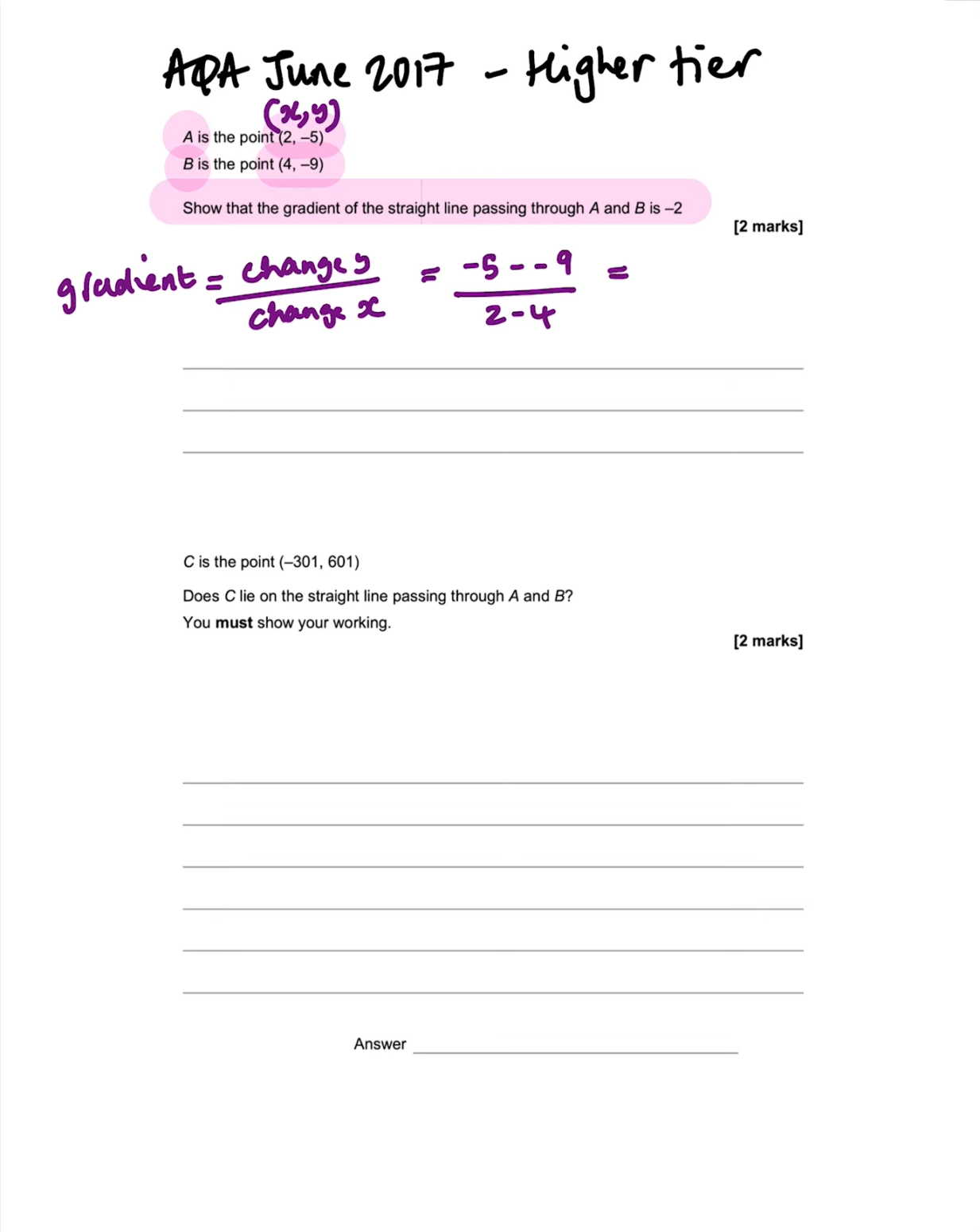Well, -5 minus -9 becomes -5 plus 9. And 2 minus 4 becomes -2. Okay? -5 plus 9 becomes positive 4. We're still dividing by -2. 4 divided by -2 gives us a gradient of -2, which is what we're aiming for here. So that's 2 marks. The next part of this question,